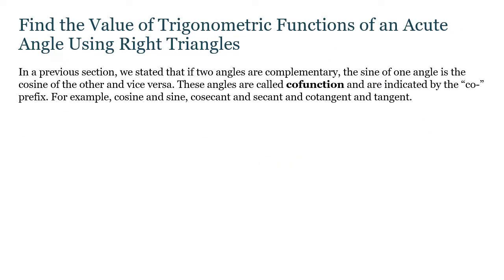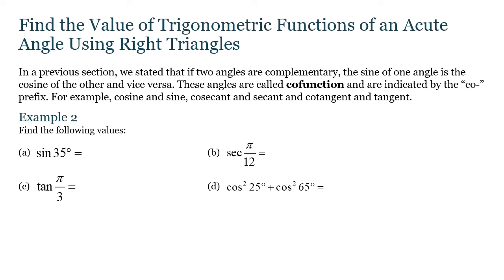Okay, so now let's find the value of trig functions of an acute angle. Let's continue with that. In a previous section, we stated that if two angles are complementary, the sine of one angle is the cosine of the other and vice versa. These functions we define as being cofunctions, and they're indicated by the co- prefix. So for example, cosine and sine, cosecant and secant, cotangent and tangent. So if we were asked to find the following values,